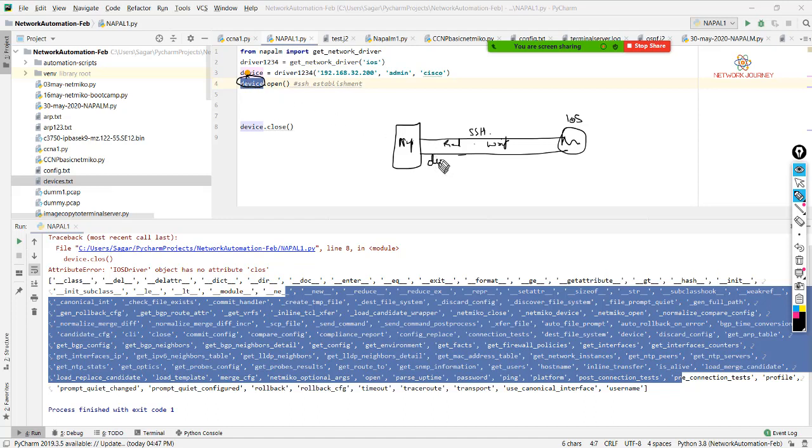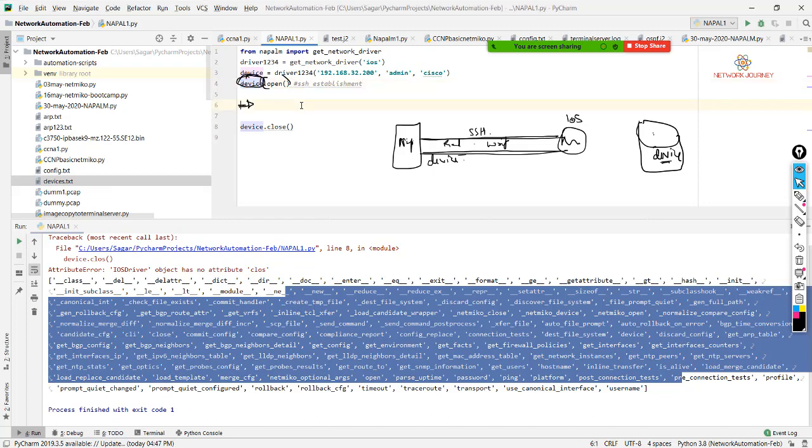It's your device, because we are making use of a container called device. What is a variable? It's an empty container. So this empty container, I have said the name of this container is device. So this device container with open has given me a channel or a transport channel where I can execute my show command. So next would be to send that CLI command.